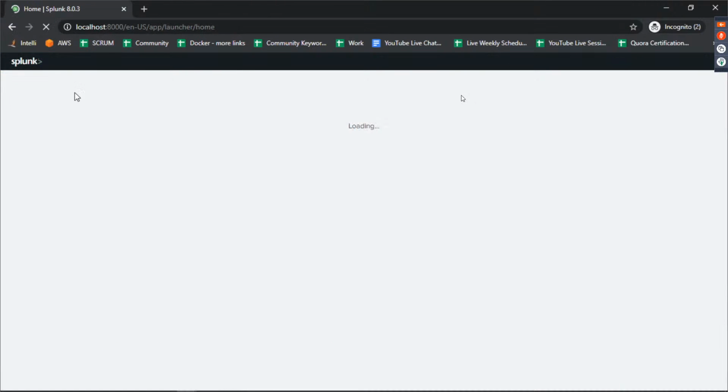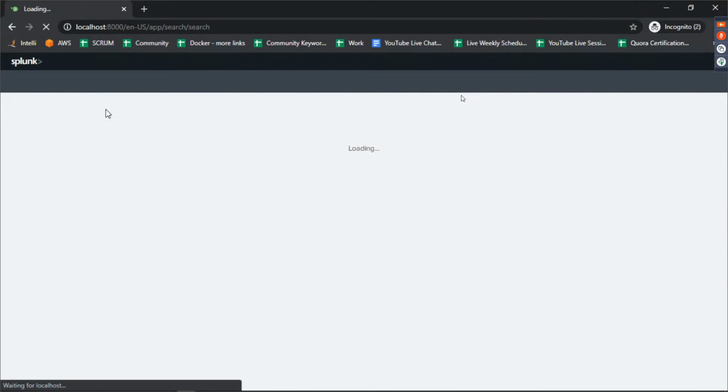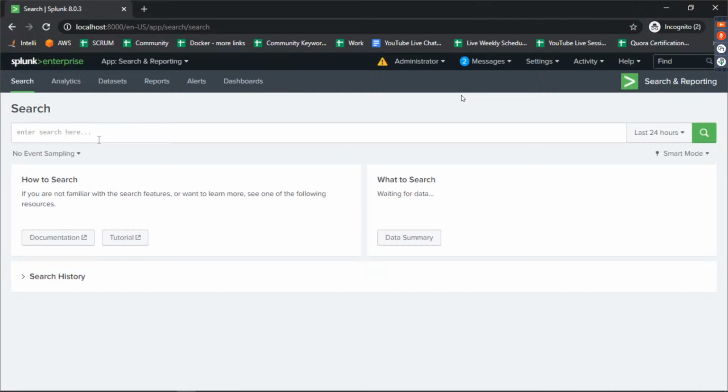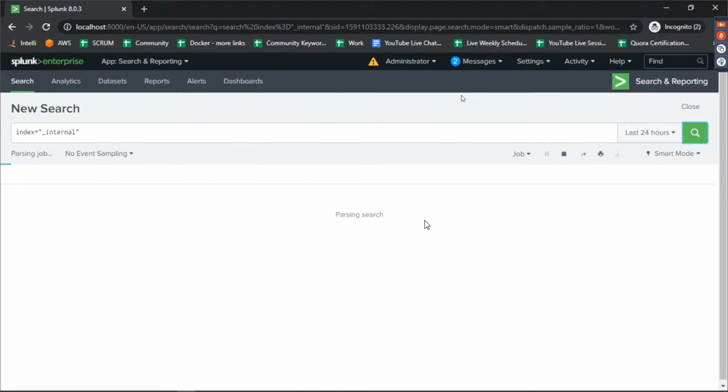The main app that you'll be using a lot is the Search and Reporting app. If I click on it, this is where my navigation and search bar will come. I can put in search strings and search all the data I have indexed. Right now I don't have any data indexed from my system, but I have Splunk data that I can check out. If I go to the internal index and click on search,